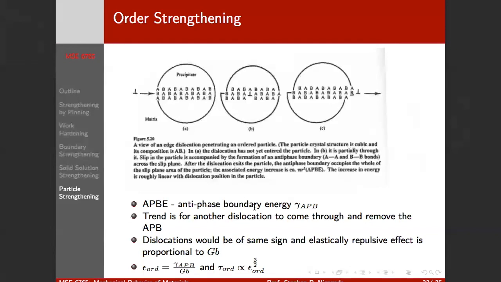Now we need multiple combinations of different partials, and we have a whole host of different stacking faults that we can create, right? I'm not going to be so worried about the details of that, but this order strengthening concept can be really quite important,